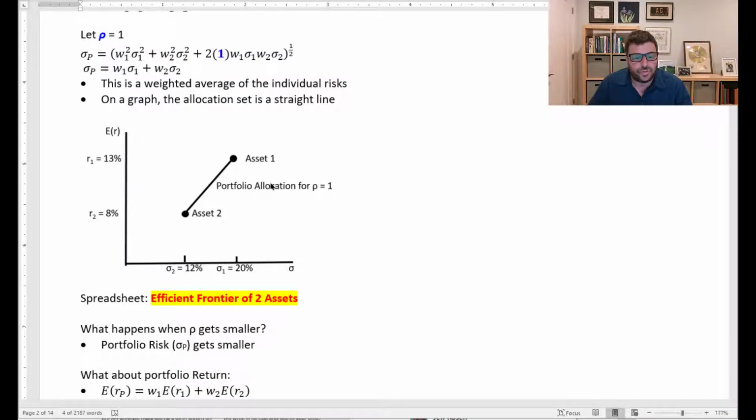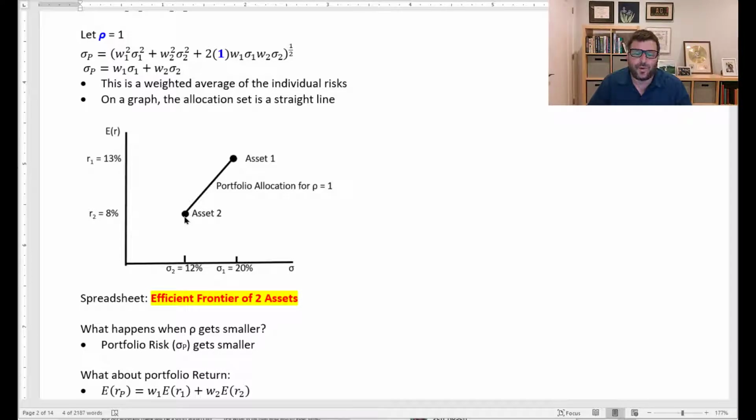So we now have two risky assets, asset 1 and asset 2. Both are risky because neither of them lies on the y-axis, so they have a positive standard deviation. There is some risk, and we don't know what the relationship is between the two assets. We're just assuming, for now, that there is no diversification, that the correlation coefficient is equal